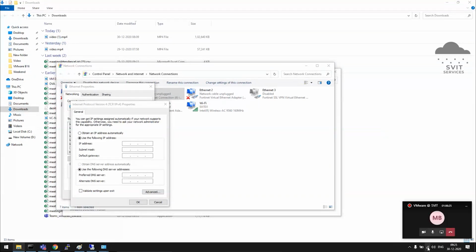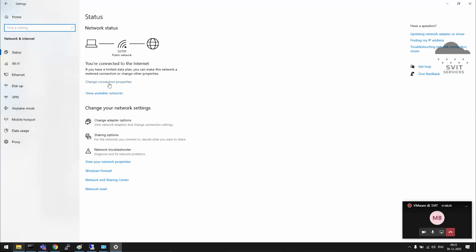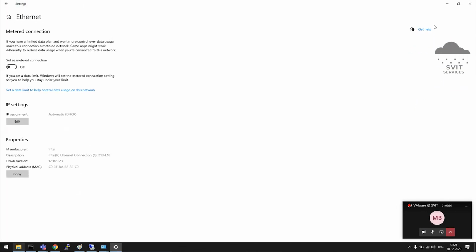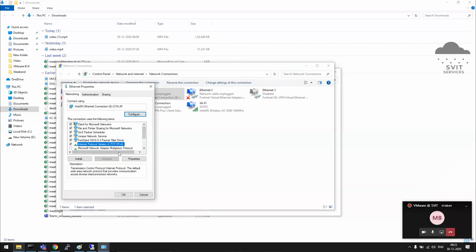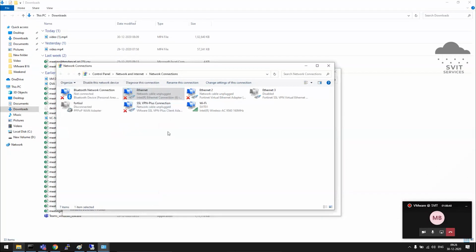Here, normally, open network and internet settings, change adapter properties, it will show. I'm connected to Wi-Fi, so it will not show the normal one. So multiple ways you can reach this configuration page. Okay, they will navigate you to the same page.